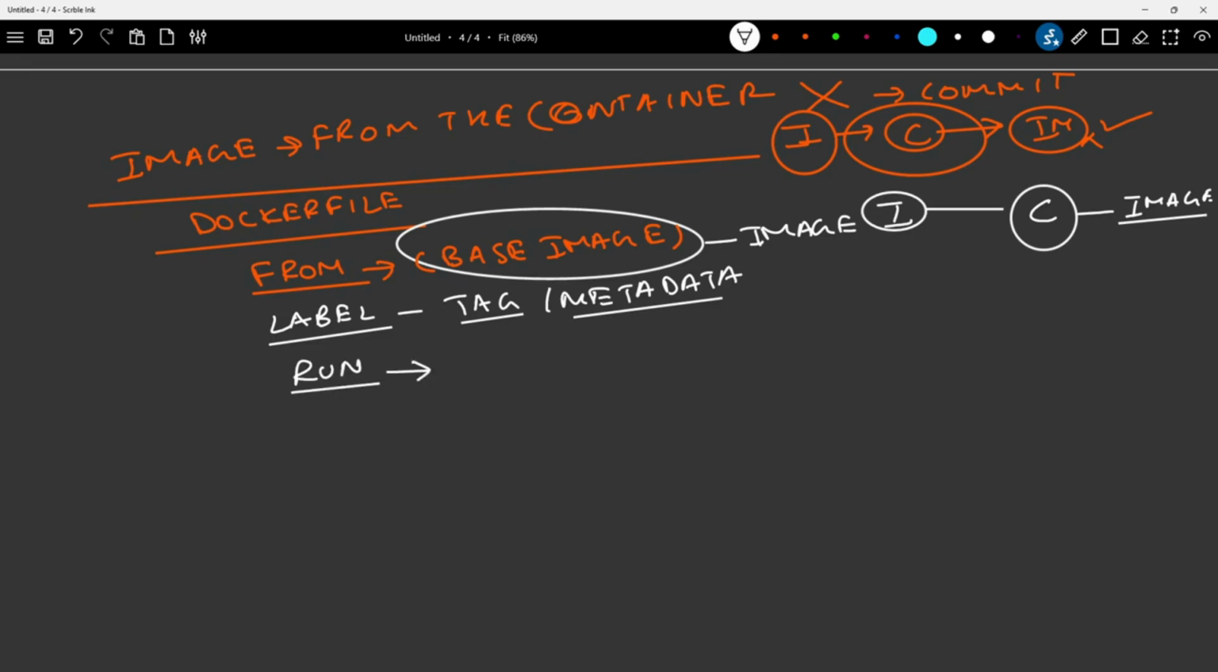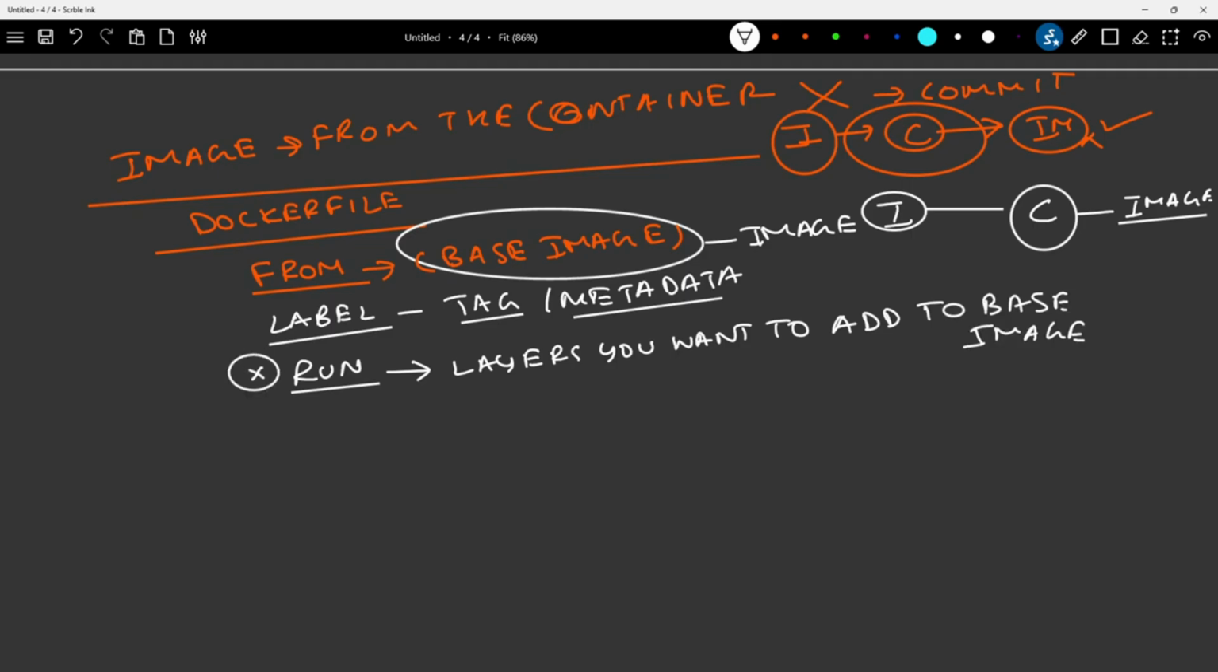So what is the purpose of RUN? I would say layers you want to add to the base. If I want to install some set of software inside my base image, so in my Dockerfile what I need to mention? I need to mention RUN. So the next thing which we need to mention is CMD, or I would say